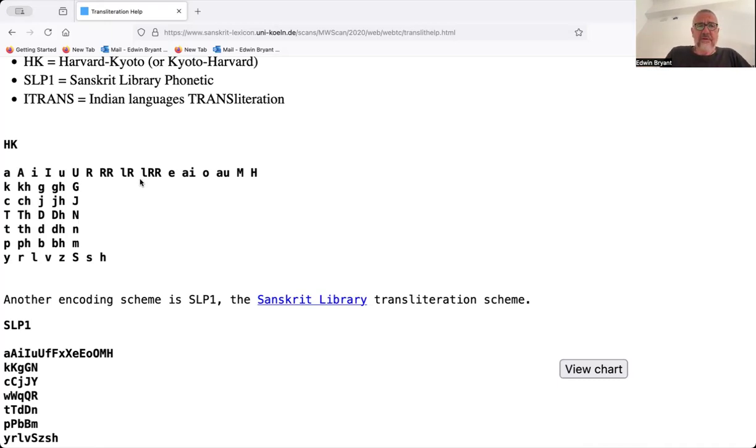Okay, so use caps for long vowels and retroflexes. That's basically it. And you use capital G for the nasal of the Kavarga, and capital J for the nasal of the Chavarga. The only other thing you need to know is that for sh,